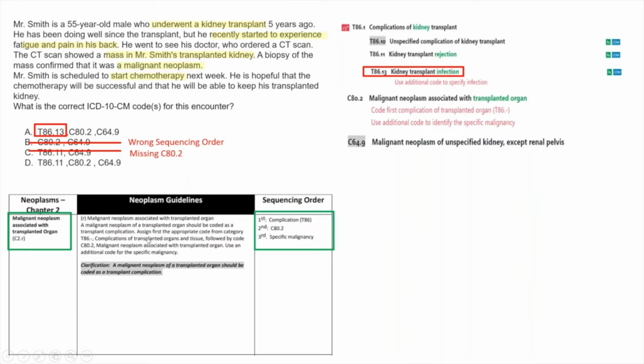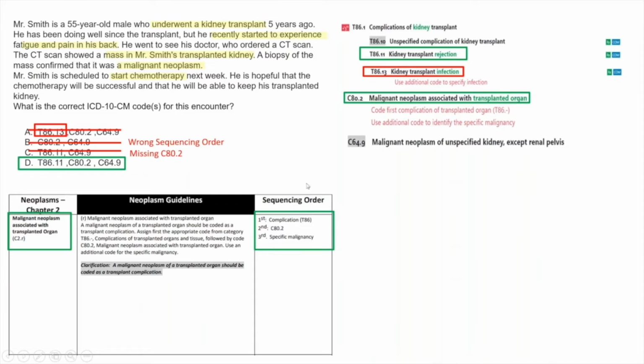And looking back to our scenario, the patient didn't have any kidney transplant infection. The patient had a kidney transplant rejection actually. So I can eliminate option A as well, and the correct answer is going to be option D, T86.11, which is the code for kidney transplant rejection, followed by C80.2, that is for malignant neoplasm associated with transplant